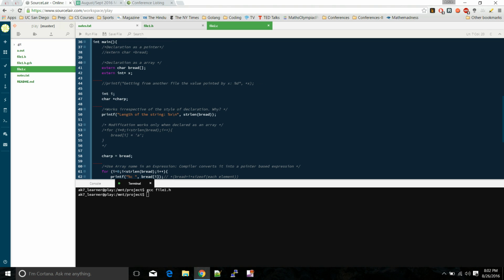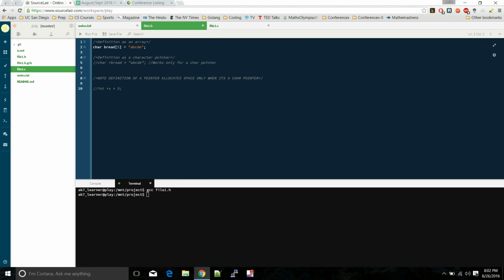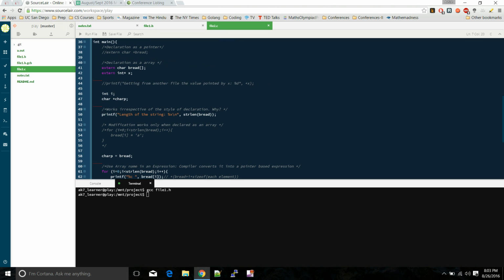Because the only condition for calculating the length of the string is the presence of the null character. So when we define a string as a string literal to an array or to a pointer, in both the cases a null character would be appended at its end, and string length would use that to find out the length of the string. For example, if I run my a.out now, it would say length of the string as